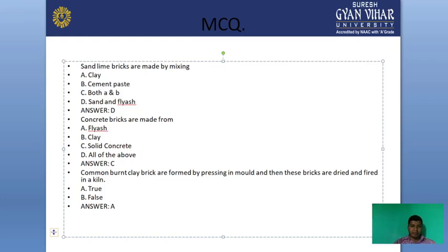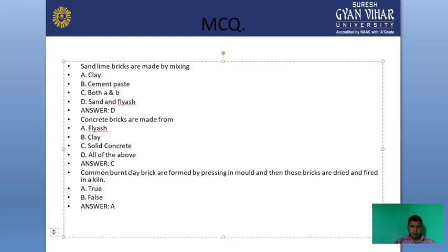नेक्स्ट है कंक्रीट ब्रिक्स आर मेड फ्रॉम। कि कंक्रीट वाली ब्रिक्स, बहुत ही सिंपल क्वेश्चन है ये, कि कंक्रीट ब्रिक्स किससे बनता है। इसके ऑप्शन है फ्लाई ऐश, क्ले, सॉलिड कंक्रीट या ऑल ऑफ दी अबव। अब कंक्रीट का ब्रिक है तो वो कंक्रीट से ही बनेगा, तो इसका करेक्ट आंसर होगा सॉलिड कंक्रीट।